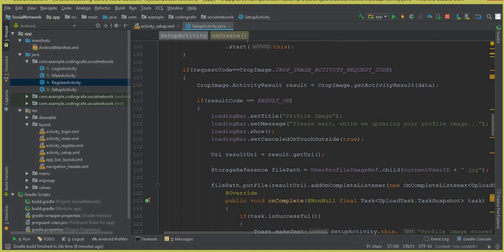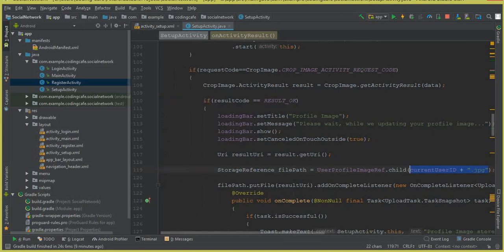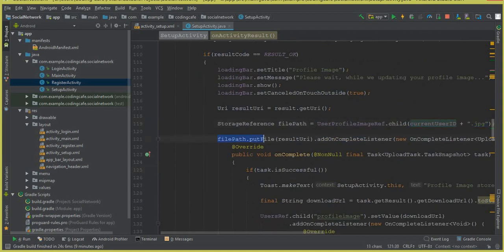So then here we just create a file path to the Firebase storage. You can set the storage reference here. So by using the profile images storage folder reference, inside that folder we just create a child, and by using the user unique ID, we store the profile image, and we give the type of that image, that is .jpg. And then what we did next is we are just putting the file, I mean the cropped image which is stored inside this result URI. So by writing this line of code, we just put that file inside the profile images folder,